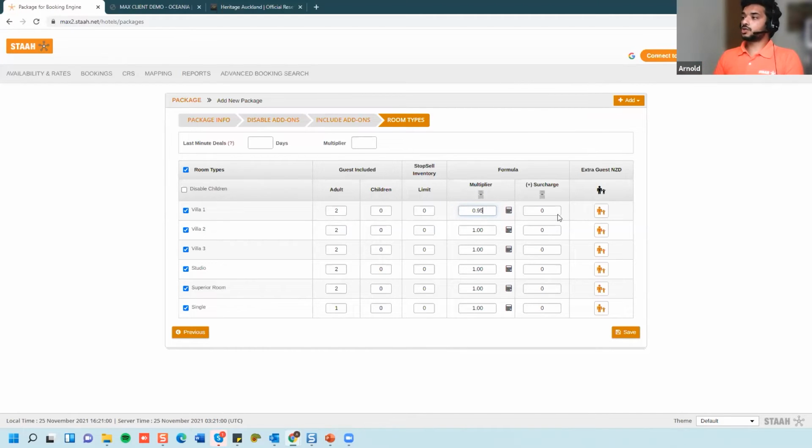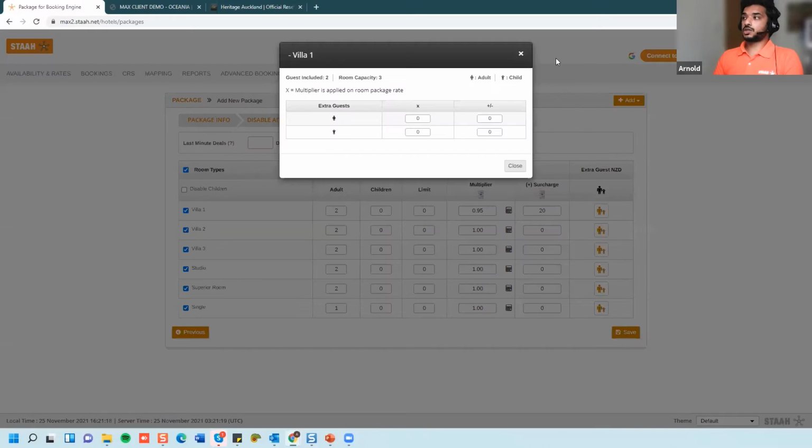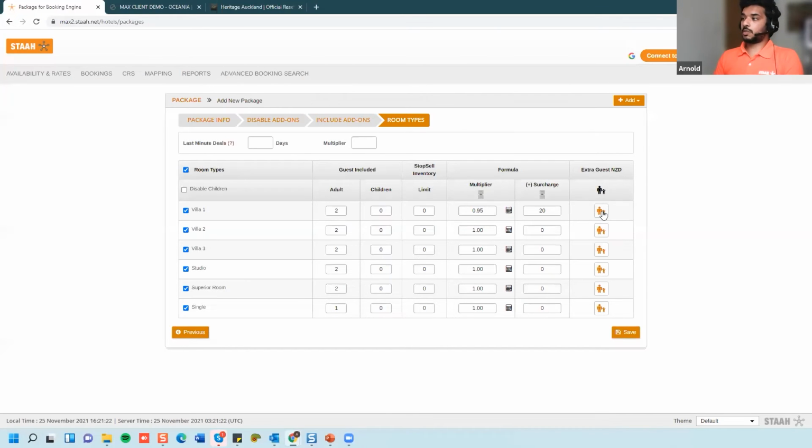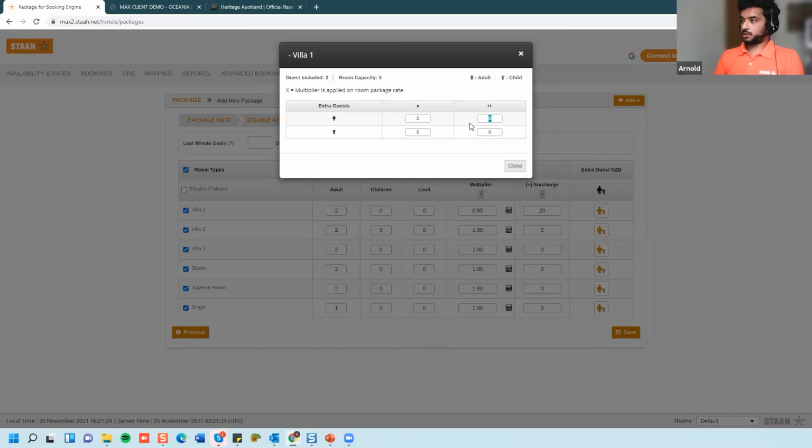Alternatively, you could also set a surcharge. The surcharge box that you see out here is for your dollar figures. So you could go minus $5 or minus $10, or you could increase the price. It's going to be $20 more expensive than my best available rate. So you could put that in. You can set your extra person charges by clicking on this little child and man icon, and you put in your extra person charges